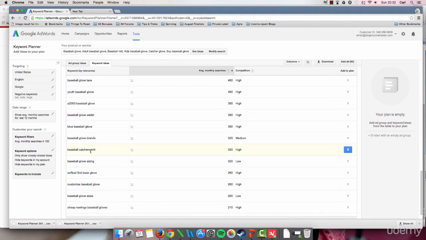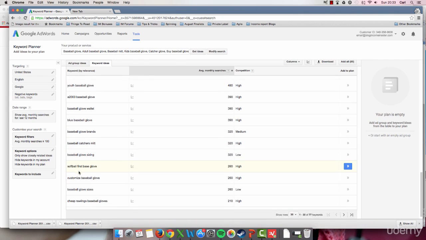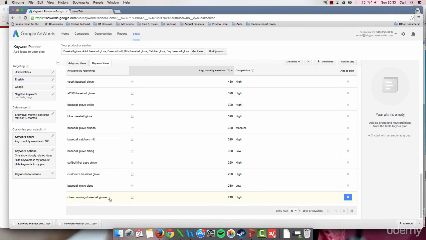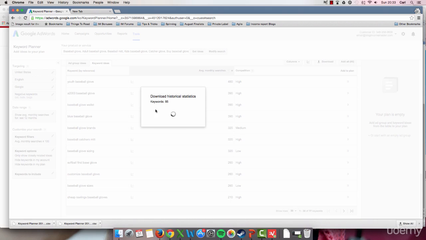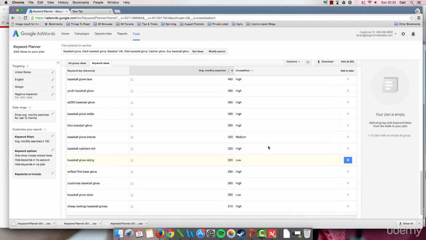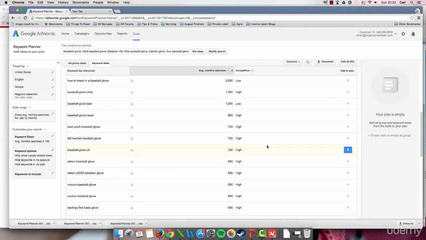Baseball glove sizing, baseball catcher's mitt. If you look at these keywords here, they're all very, very closely related. Cheap Rawlings baseball gloves. This for me is ideal. So I'm going to download this list again. And this is 85. Now, I said I wanted 50, but really 85 is a good number to begin with. That's saved that. Fantastic. And you'll see that apart from the first one, which is how to break in a baseball glove,